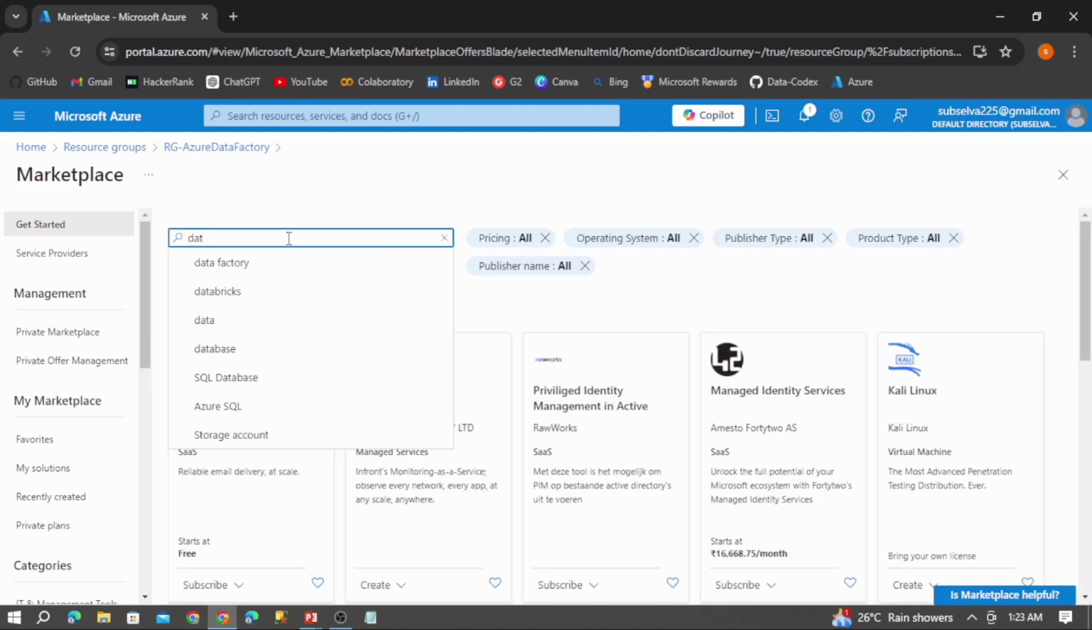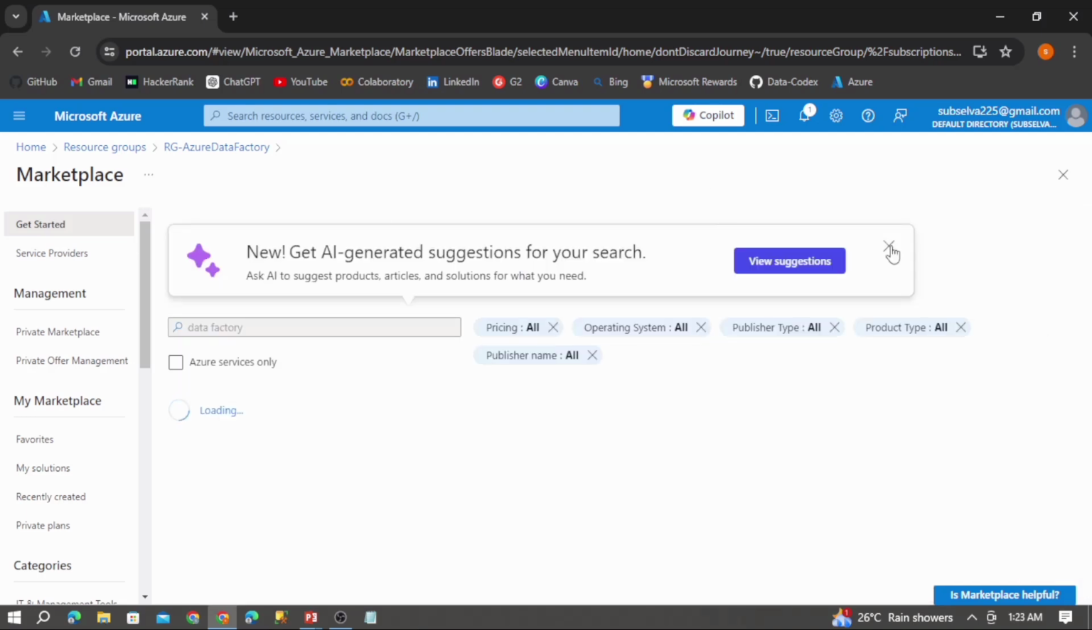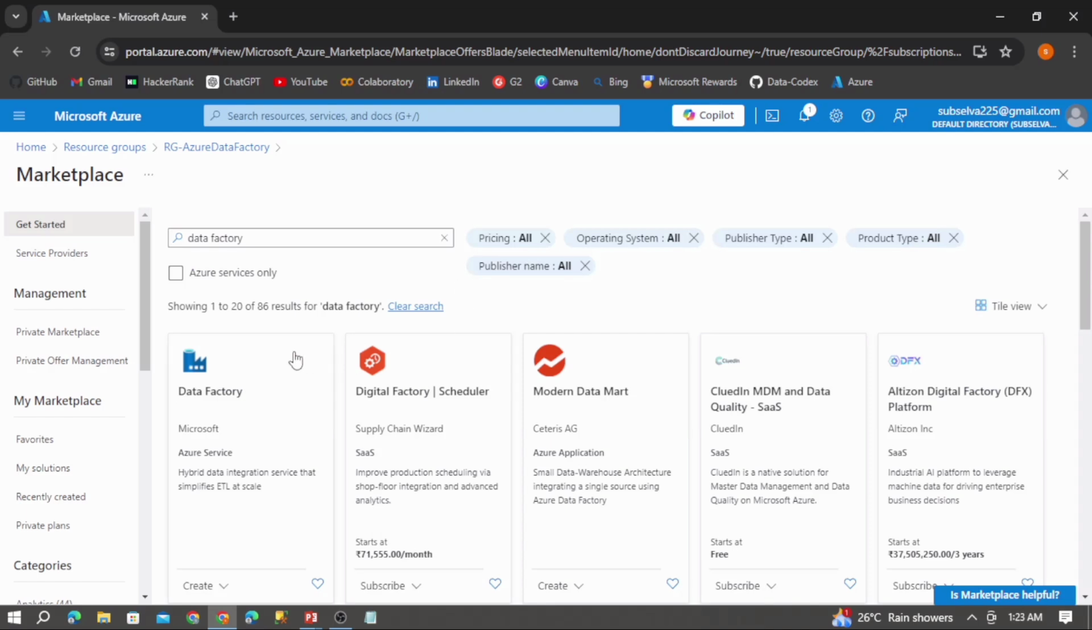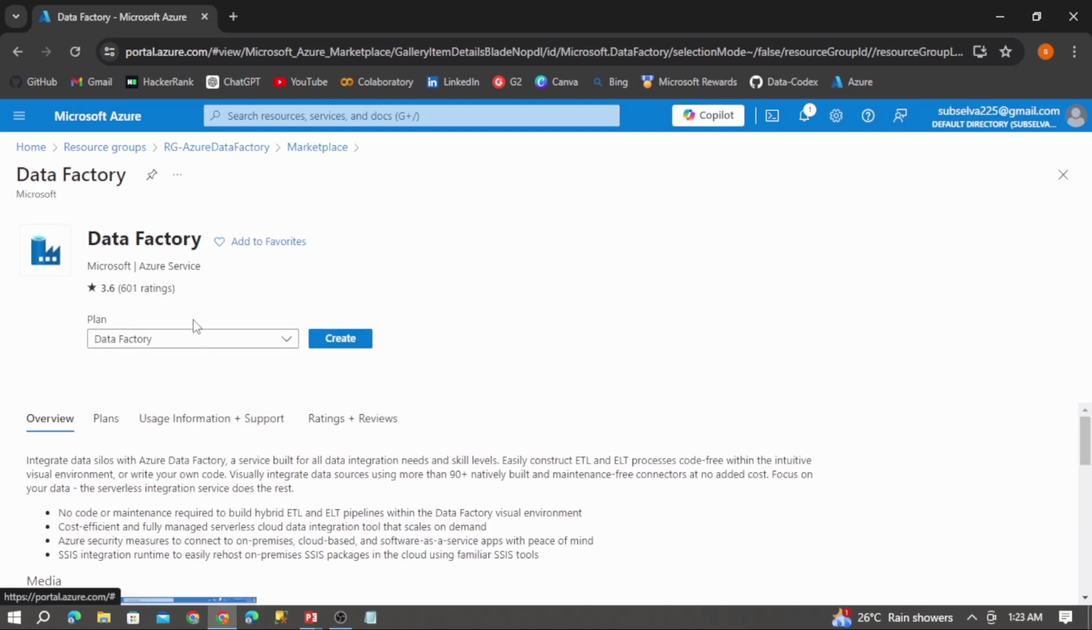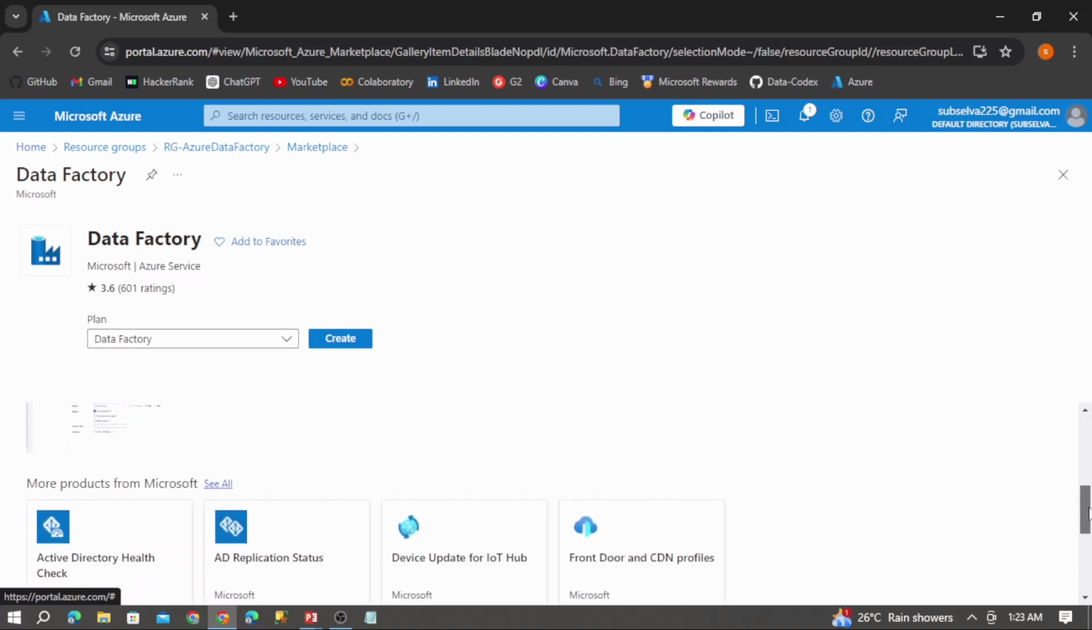So let me search Data Factory. This will provide me all the resources. From this, the first one, Data Factory, is the original Azure Data Factory. So first let me click on this. Here you can see this is the Azure Data Factory. If we scroll down, you can see the overview page. This shows you the overview of Azure Data Factory and how it looks, and we have